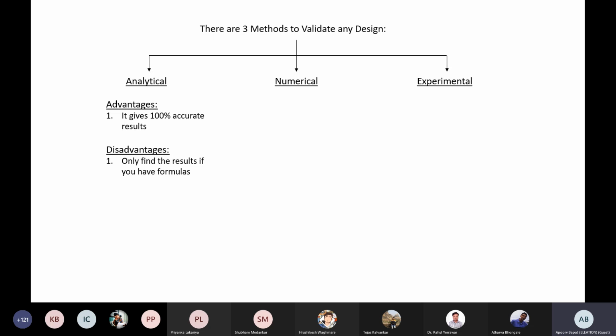Say for example, if I give you a car bumper design and ask you to find the area of that bumper, because there are so many fillets, notches, finding a perfect area of the bumper is very difficult. You will get an approximate area by the analytical approach. If you get an approximate area, obviously the stresses will be approximate, because the formula of stress is force upon area. If the area is approximate, so is the stress.